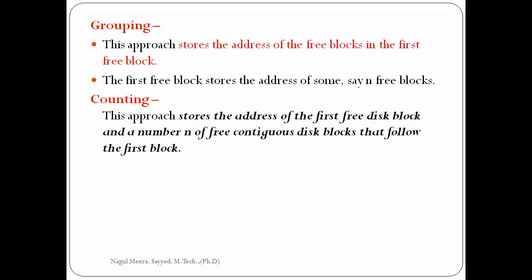So, for example, in this also the disk consists of so many blocks. Some blocks are empty, some blocks are occupied with some data, that is, not empty. In this, one block is chosen, and that block is empty. It consists of all the remaining empty block addresses. Now count. What is the meaning of count? How many free blocks are available in that disk? How many not empty blocks are available in that hard disk? So simply, in this, counting is happening.